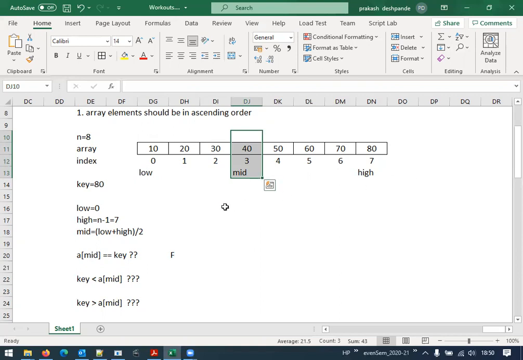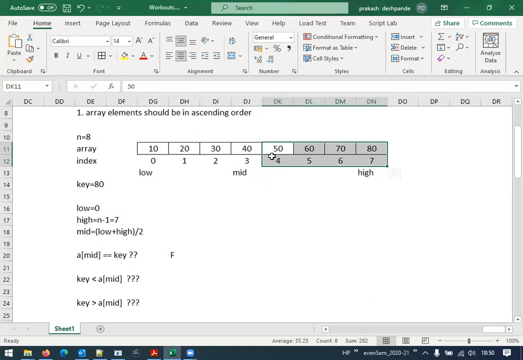But in this case, the key element is 80, which means it should definitely be present on its right side. So we will make a division and consider only the right hand side of the mid value. That means we are now concerned with searching among these elements, the ones highlighted here.